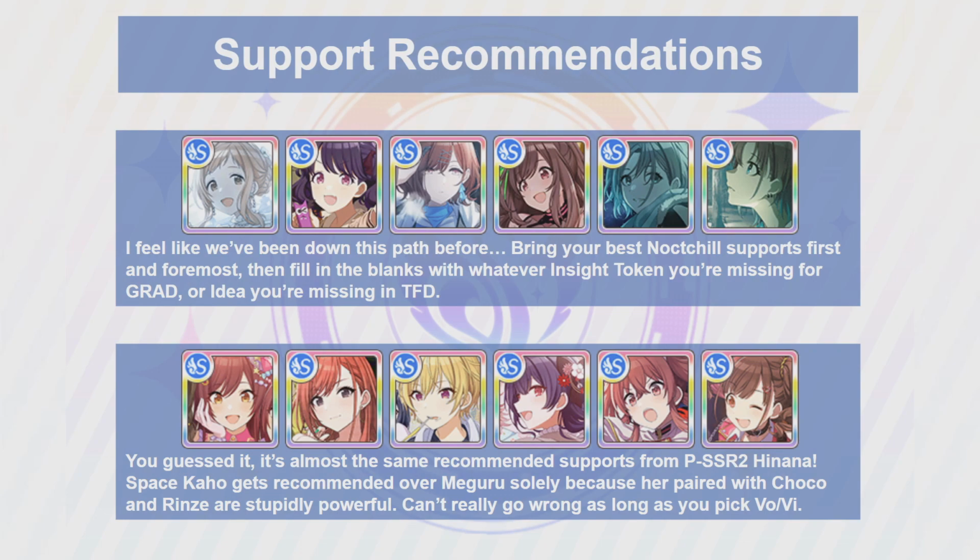For the support recommendations, I feel like we've been down this path before. Well, bring your best Nocchill supports first and foremost, then fill in the blanks with whatever insight token you're missing for Grad, or idea you're missing in TFD. As for the alternatives, you guessed it, it's almost the same recommended supports from P-SSR2 Hinana, which you can see